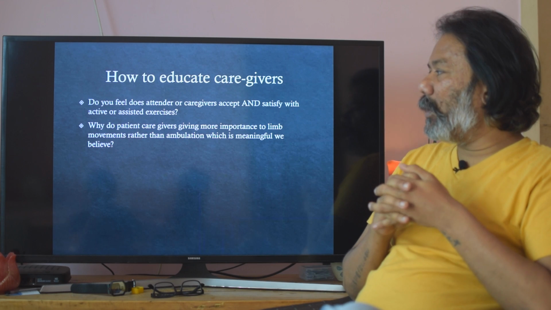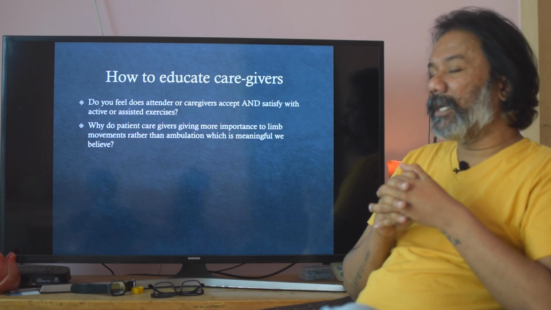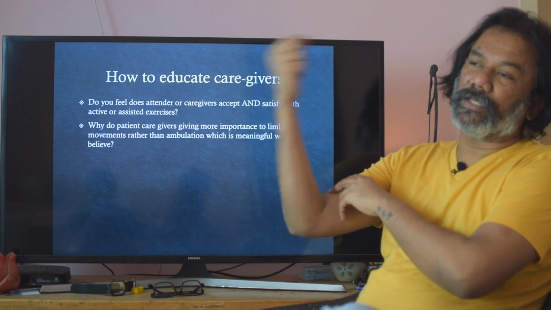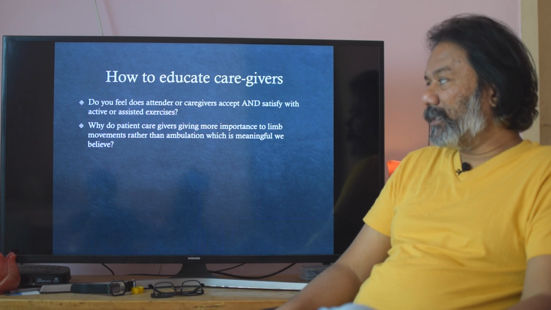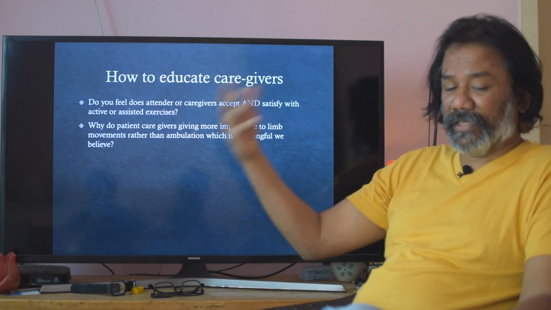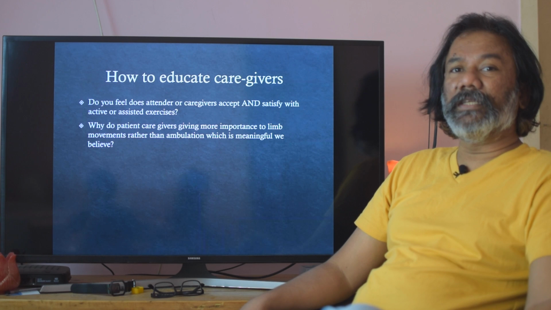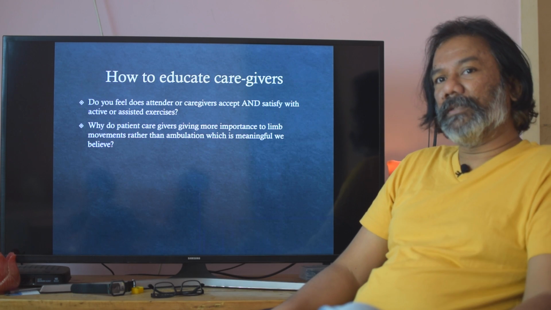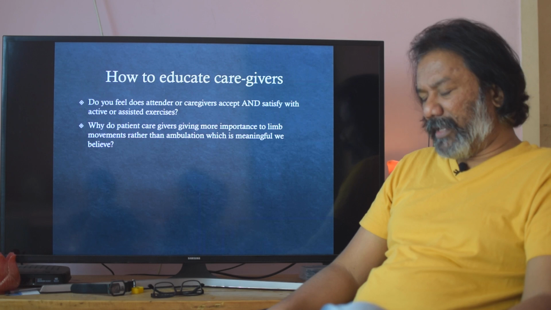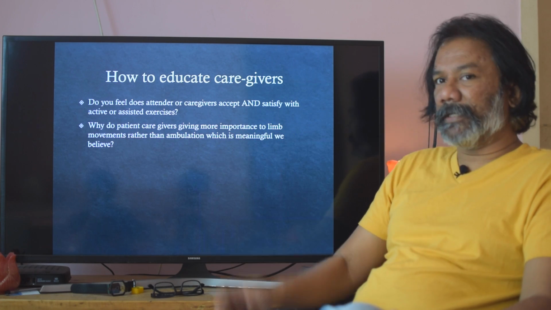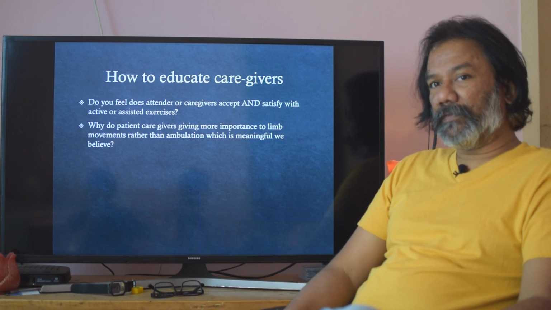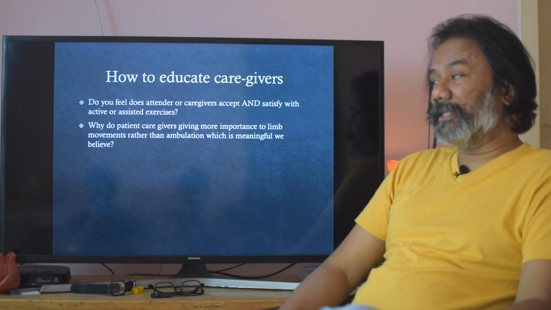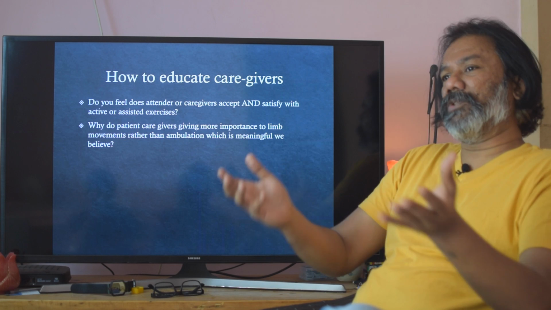And the next question is, why do patients' caregivers give more importance to limb movements, like getting dorsiflexion and things like that? So basically the question is how to educate the caregivers, or what to educate the caregivers. Mr. Vasantan is working extensively in this area. There is a good amount of literature on how to educate your patient as well as how to educate the caregivers. But just to give a glimpse of it,